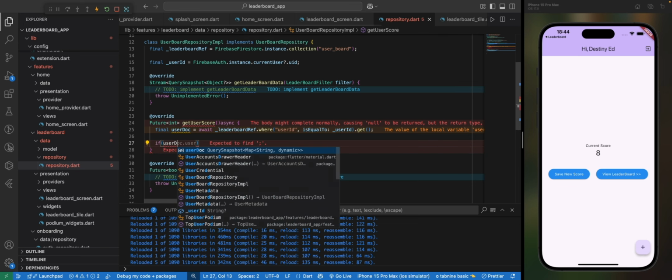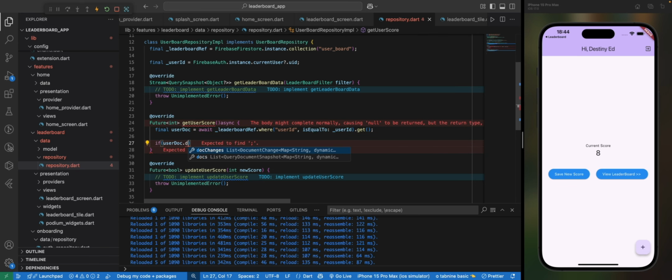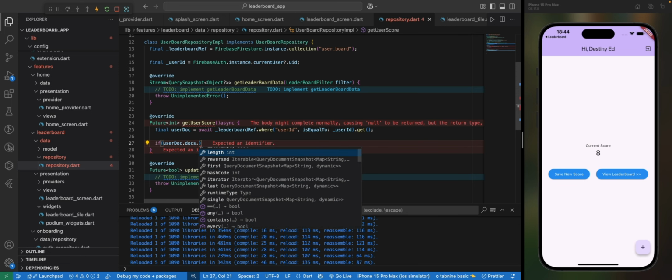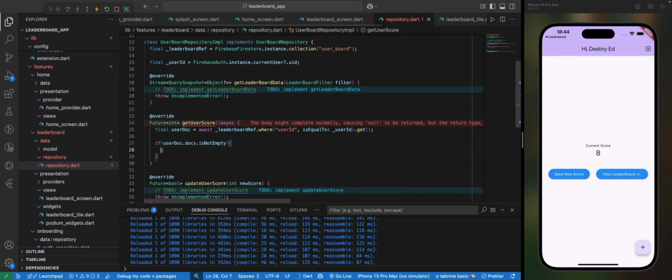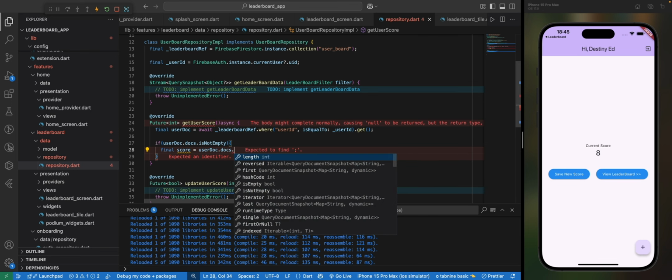Then we're going to check if user docs is not empty, that is that particular collection. If it's not empty, what I'm going to do is get the score, which is userDocs.first